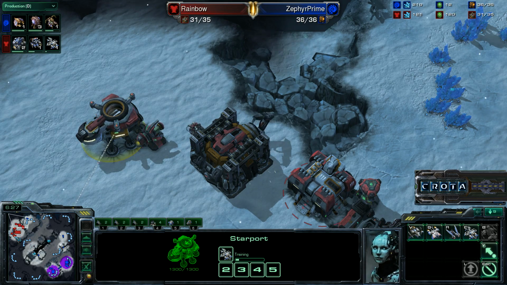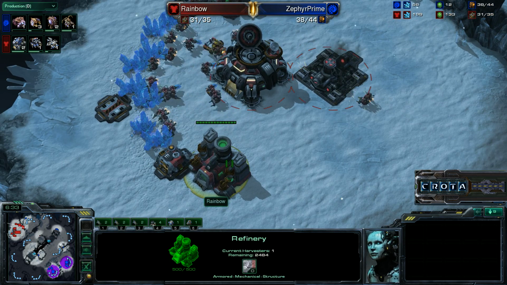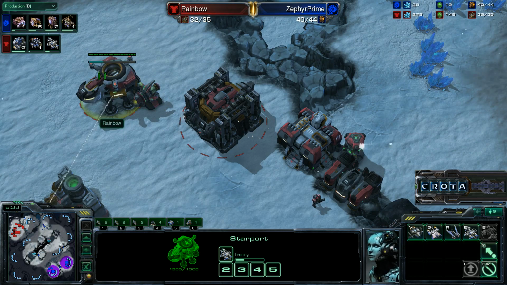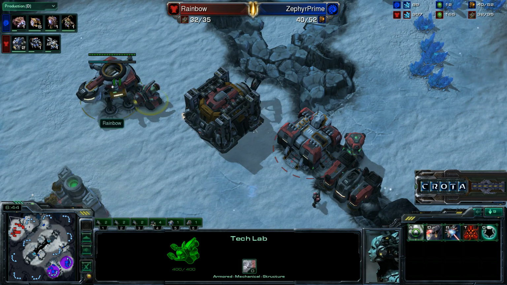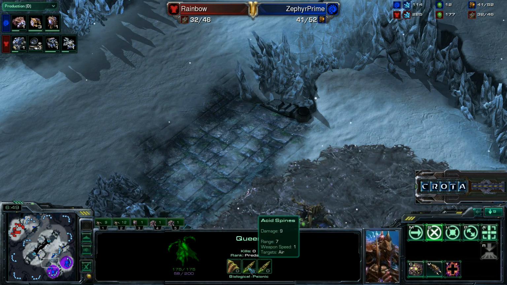One base Banshee. We can see that the second refinery has been completed, but only one SCV on it, so he's not going to get that 200 gas really early on. He's not going to be able to get cloaking anytime soon, and with that, he's just going to fall prey to the needle or the acid spines